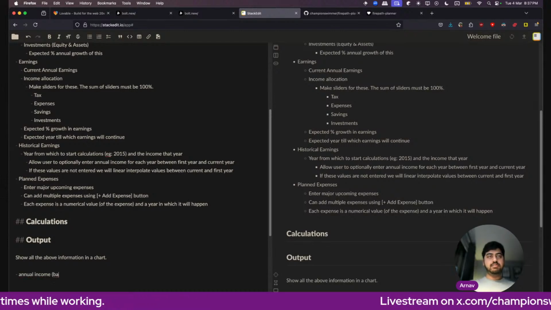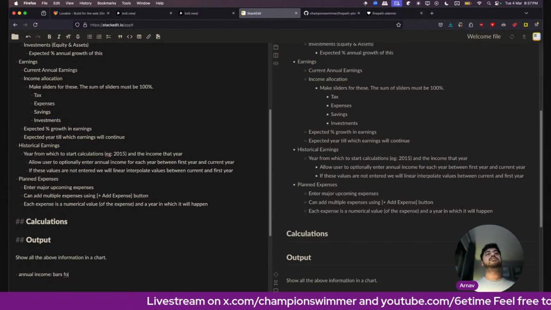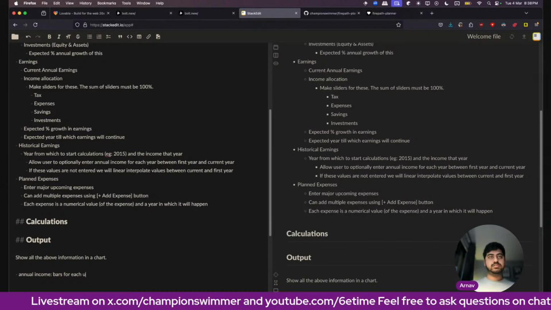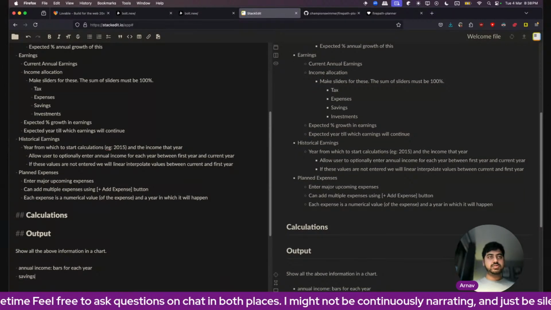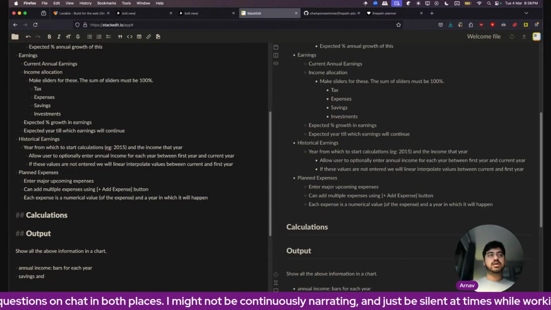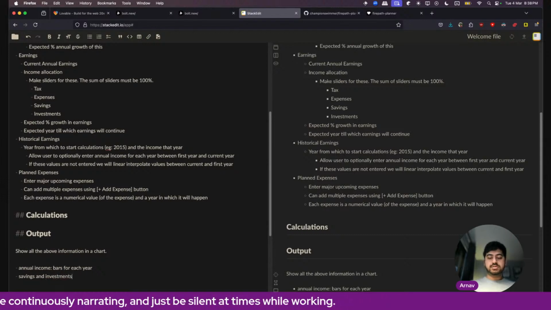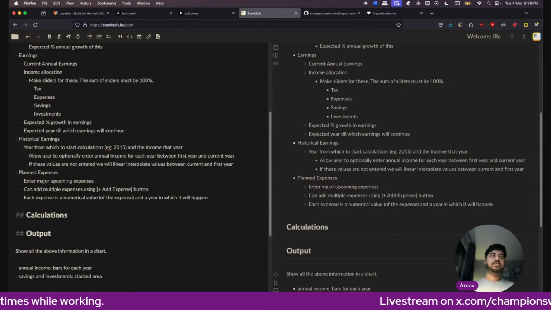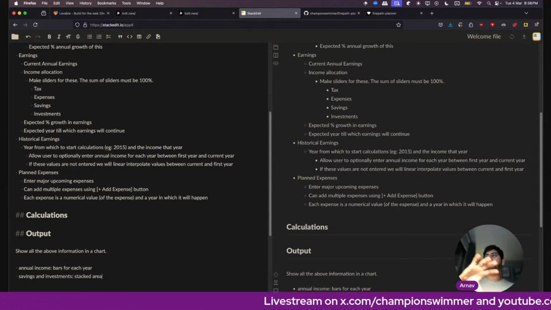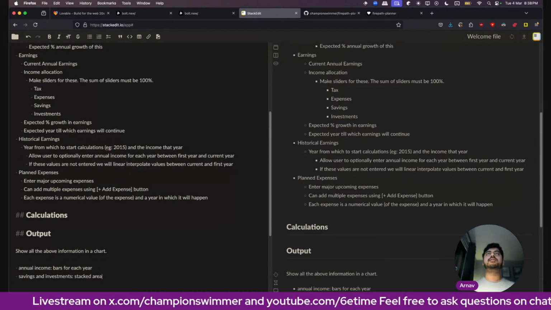Annual income bars for each year. Savings and investments as a stacked area. So I'd want savings and investment to be stacked on top of each other. As savings grows, investment grows, they will come down, all of that, right?